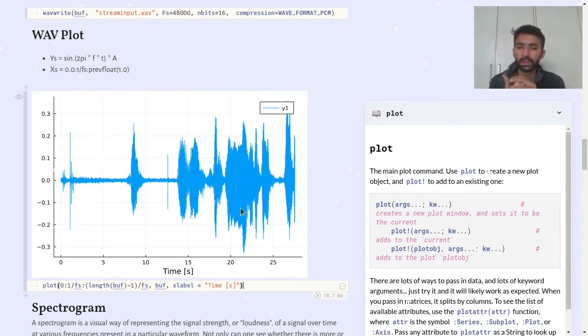So the next thing that we can do, and it's an important thing, is to be able to plot those wave files that we have. In the y-axis we plot the amplitude, the final output of the expression sine 2 pi ft into amplitude, and on the x-axis will be the time. So as we can see,